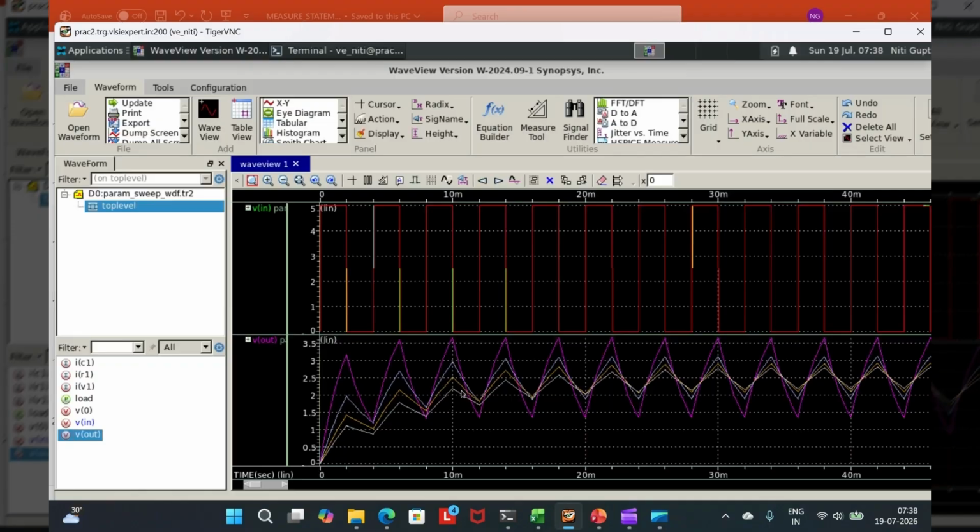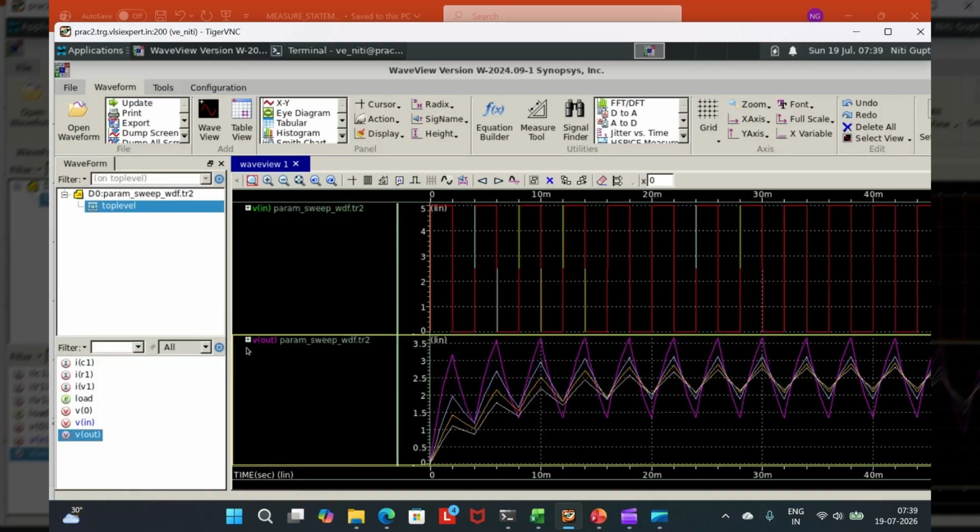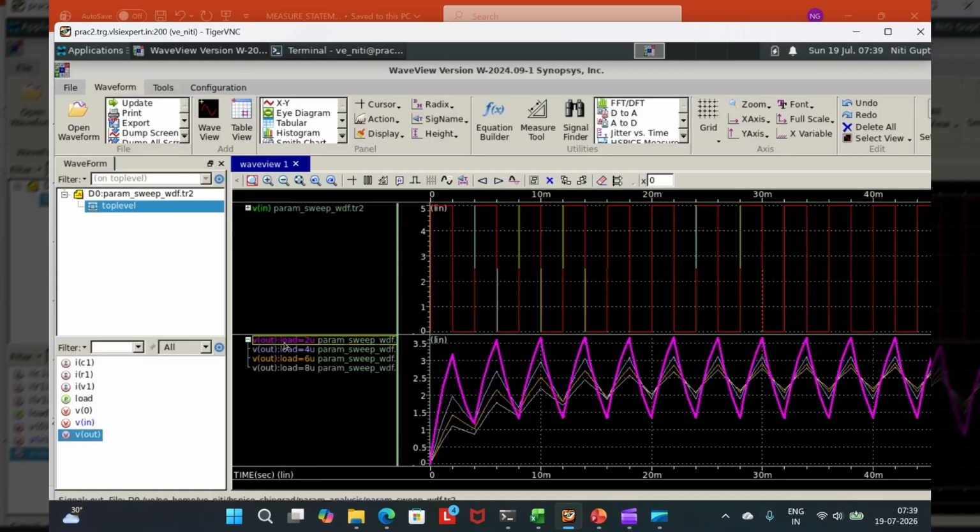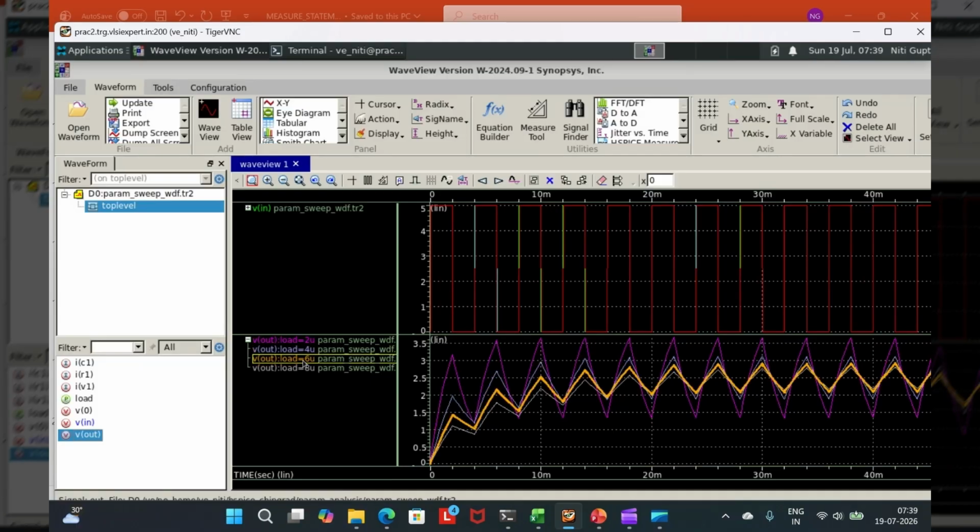Now the question is how do I recognize which one of these four waveforms is for which load value? So all you have to do is click onto this plus sign here. Now it is saying that the pink one is for the load value 2 micron, this purple one is for 4 micron, the orange one is for 6 micron, and this gray one is for 8 micron, right?